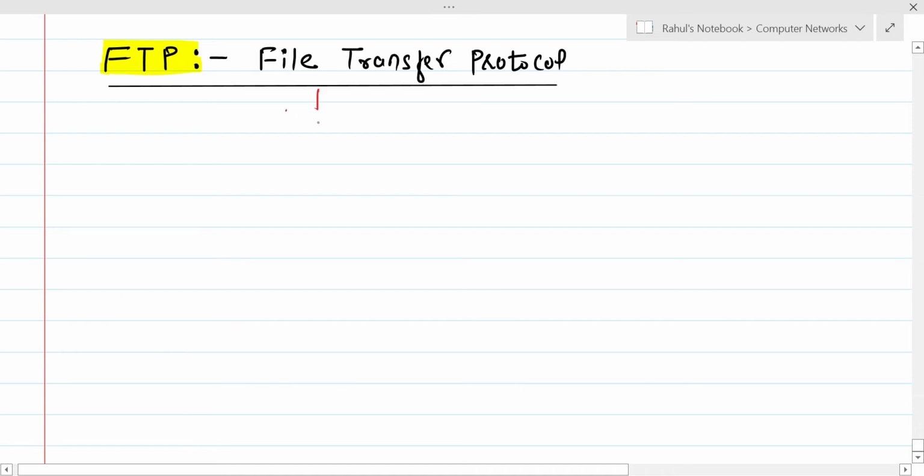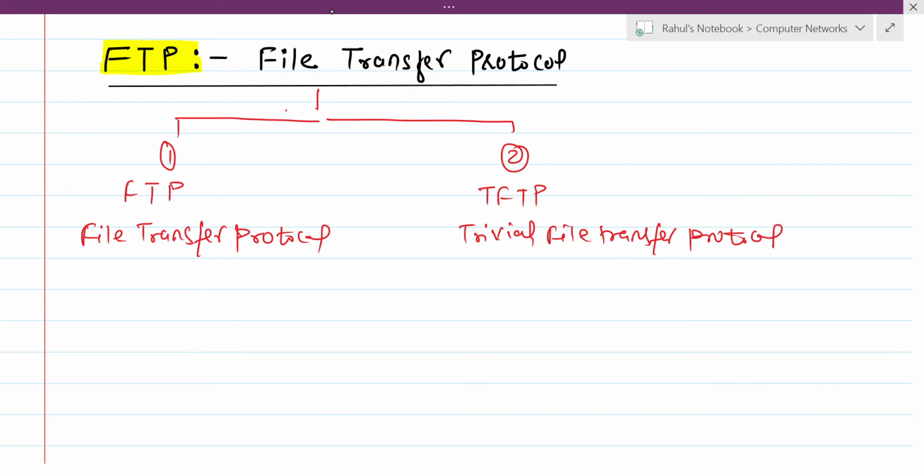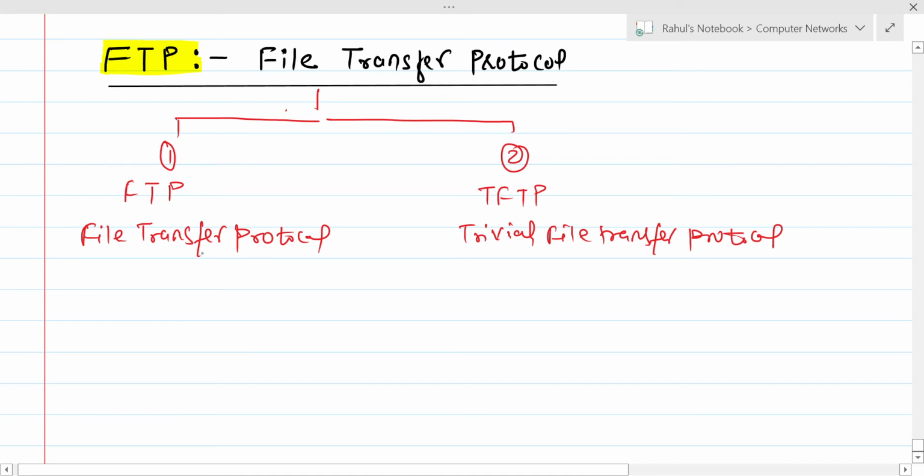Normally we can divide it into two basic categories. The first one we can simply call FTP, that is simply file transfer protocol. And the second one is TFTP, that is trivial file transfer protocol, right? So basically the major difference between FTP and TFTP is that here the user who is going to use